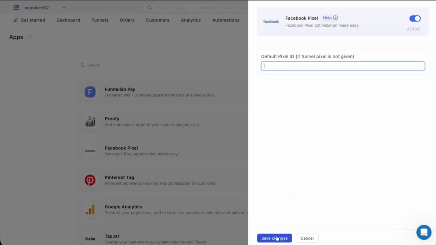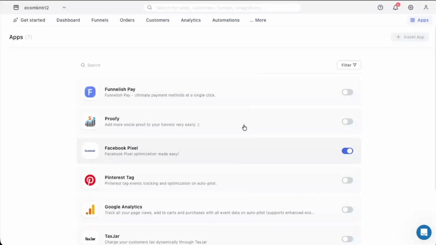After you've entered your pixel ID and confirmed it's correct, look for the button that says Save Changes. Click on Save Changes to apply your settings. This step is crucial. If you navigate away without saving, Funnelish won't remember your pixel ID and nothing will be tracked. Once it's saved, your Facebook pixel is now connected to Funnelish for your ClickFunnels